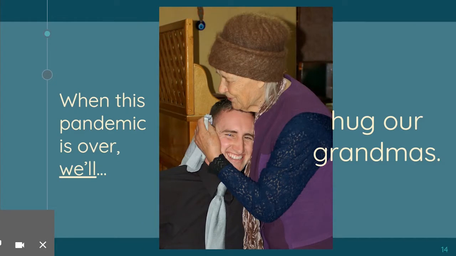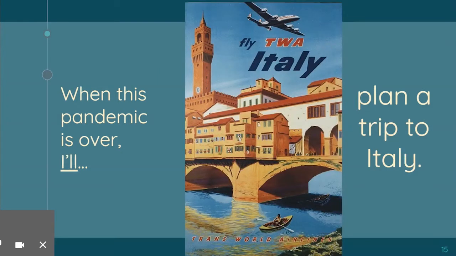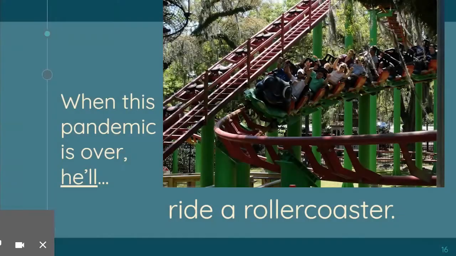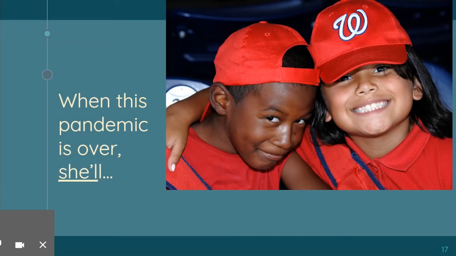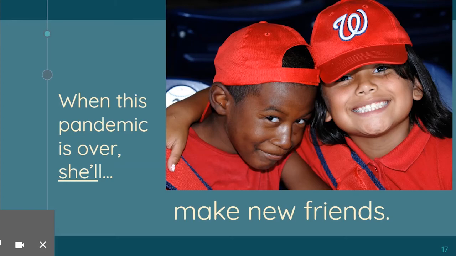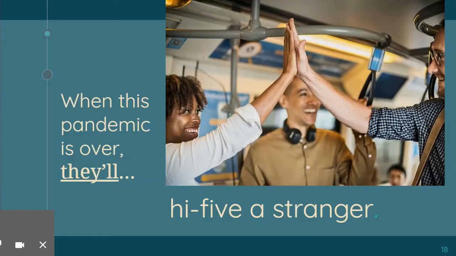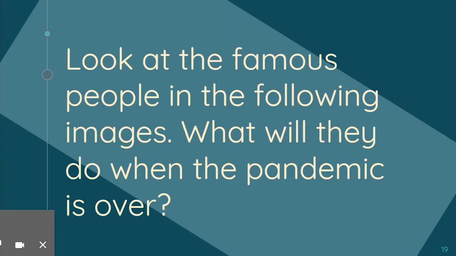So when this pandemic is over, we'll hug our grandmas. I'll plan a trip to Italy. He'll ride a roller coaster. She'll make new friends. They'll high five a stranger. All right, so practice those contractions of using the pronouns and will to